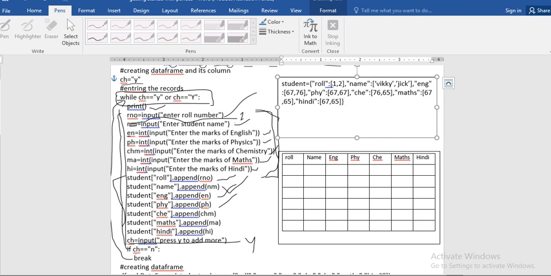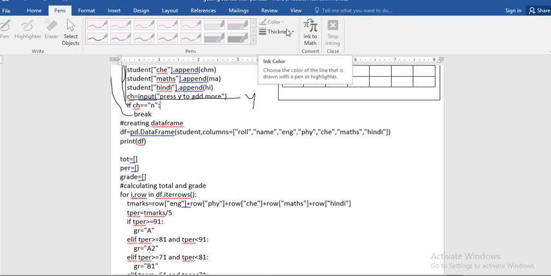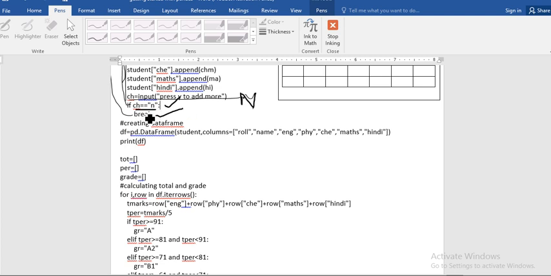And after the second iteration, suppose you enter n here, it means the value of the ch variable is n and this condition becomes true. Then the break statement is executed. It means it breaks the loop.